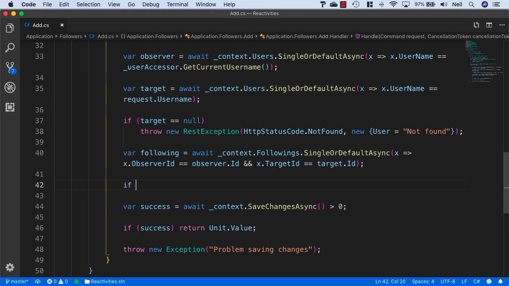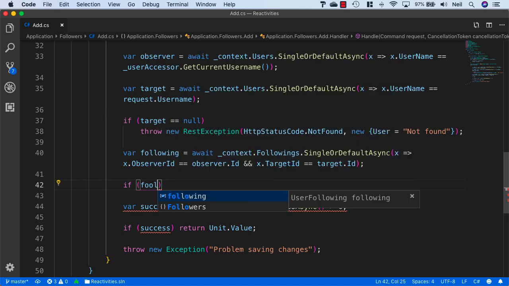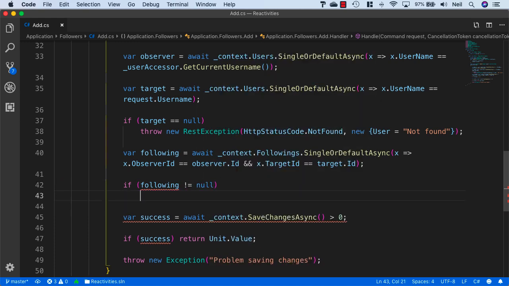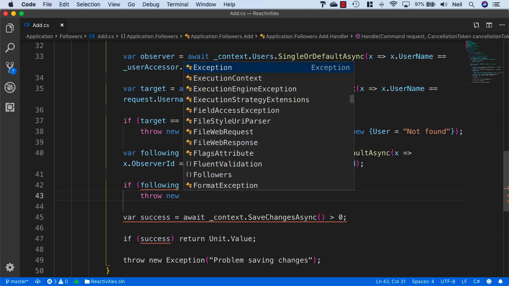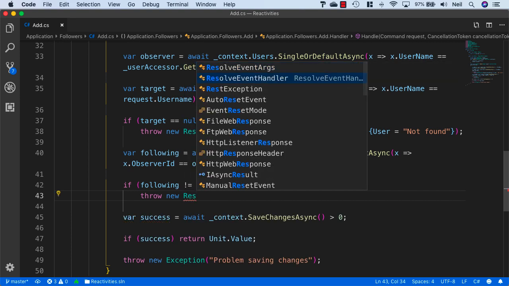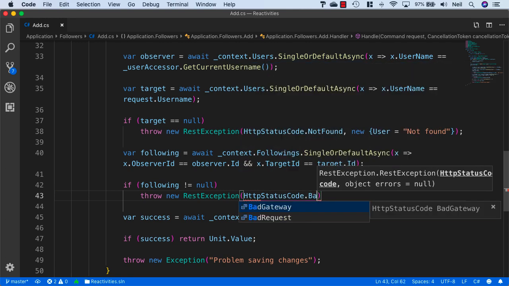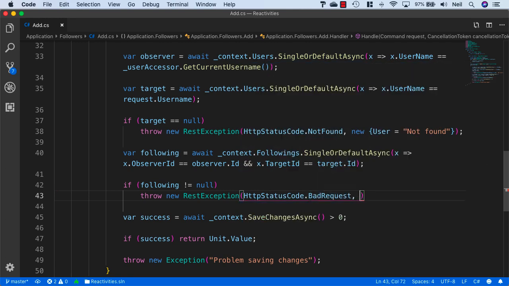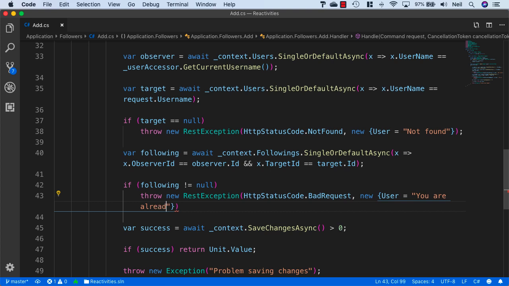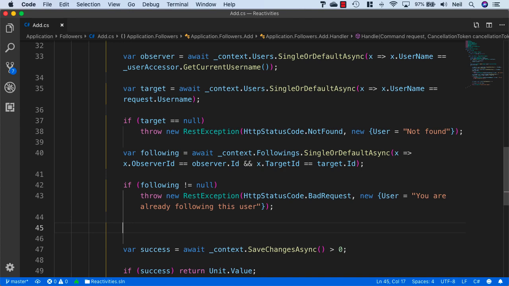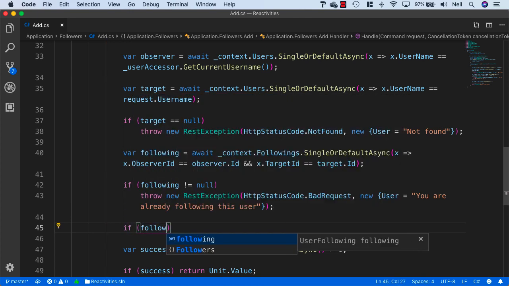Now, if the following exists, that means the user is already following this particular user. So what we'll do, we'll check to see if the following is not equal to null. Then we'll throw a new RestException and we'll say HttpStatusCode.BadRequest, and in the new object, we'll say User equals "You are already following this user". And if the following is equal to null,